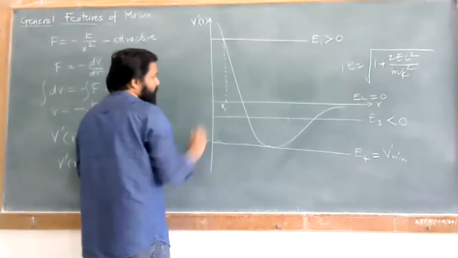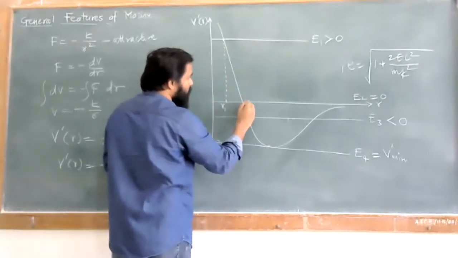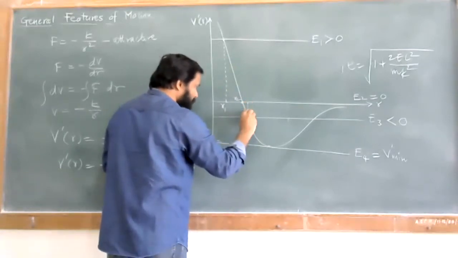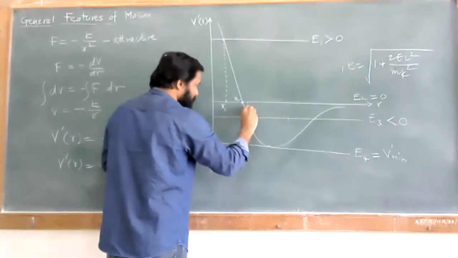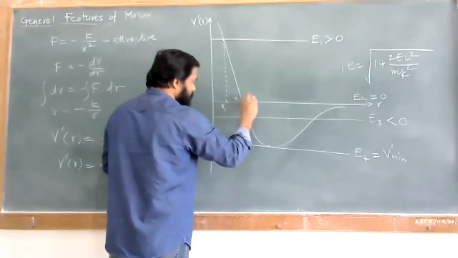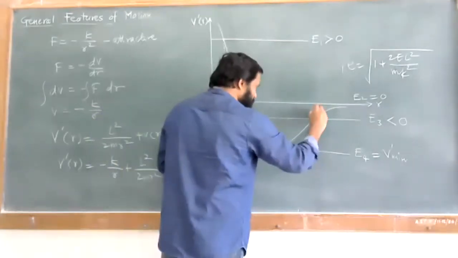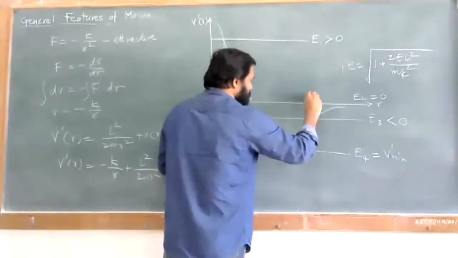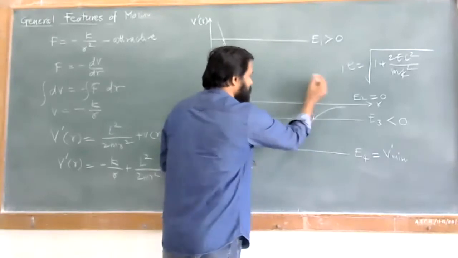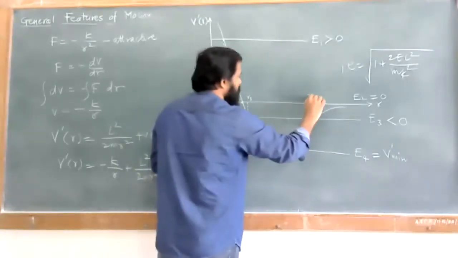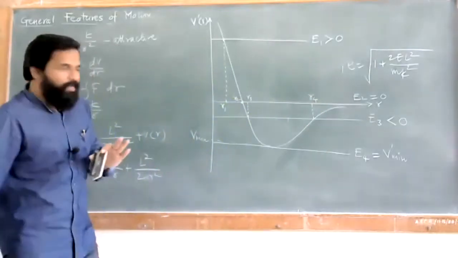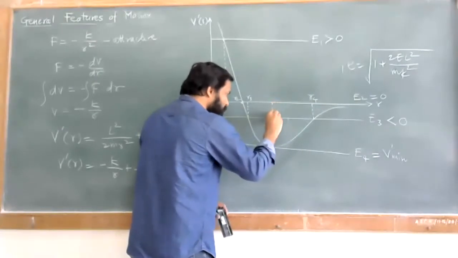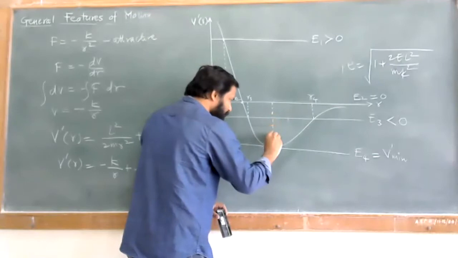So this is nothing but R1. This is for your second point, and nothing but R2. Okay, then we can have a third for your E3. I'll just say like this. This is your third point R3. For your E3 energy, we have two turning points. So you can have that, that is R4, R1, R2, R3. This is R4. And for the final one, for E4, for a minimum potential, we can have the last value of your R, and that is called as R0.